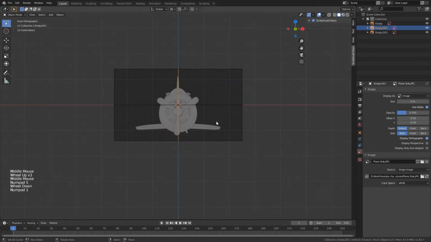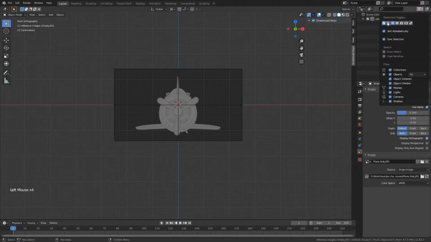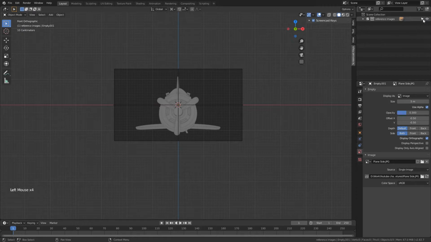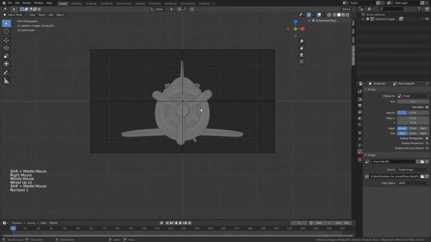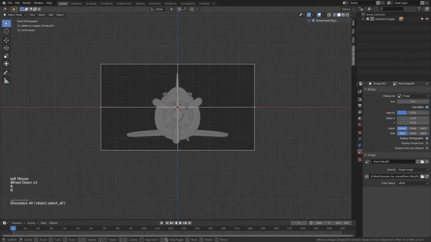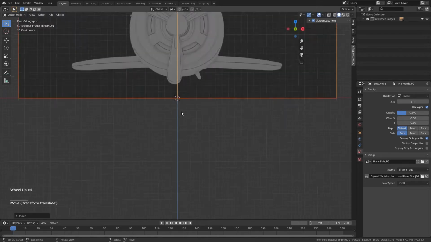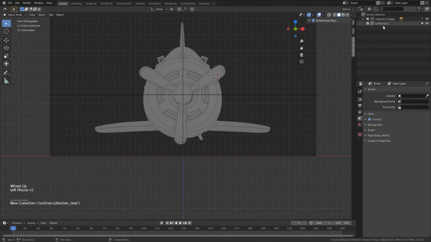All right, and let's rename this as reference images and enable the selectable filter from the outliner and disable the selectable so that we don't misplace it or move it by mistake. All right, okay, one more thing, I'll just select all these and move these right above the grid, something over here. Okay, so I'll make a new collection over here and name this one as plane,